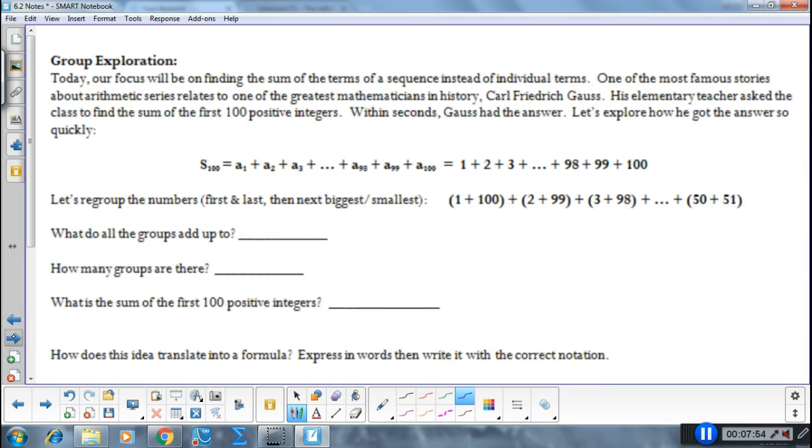Now, in a series, we have addition signs in between, and that's how you write out a series with addition